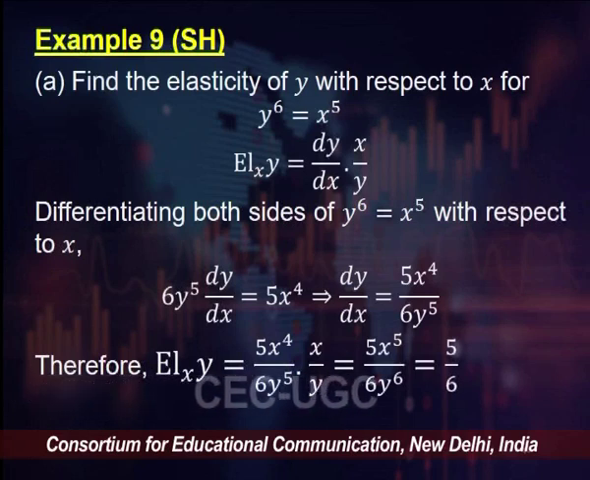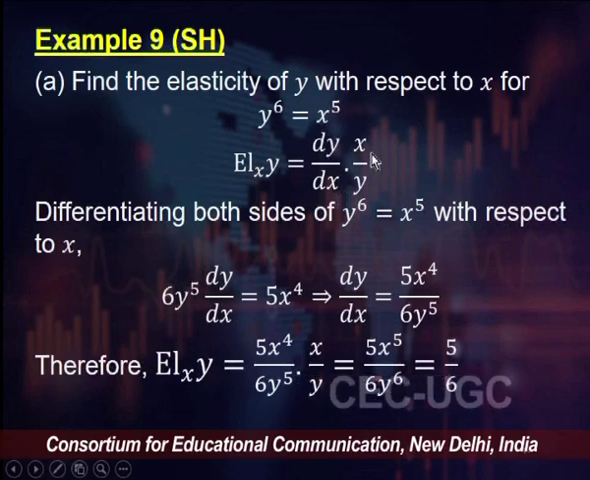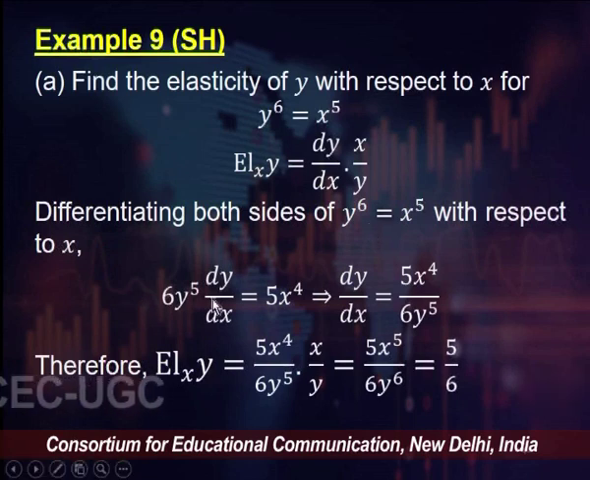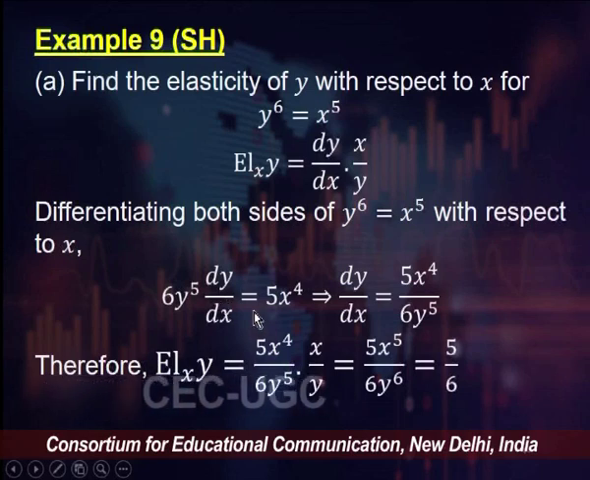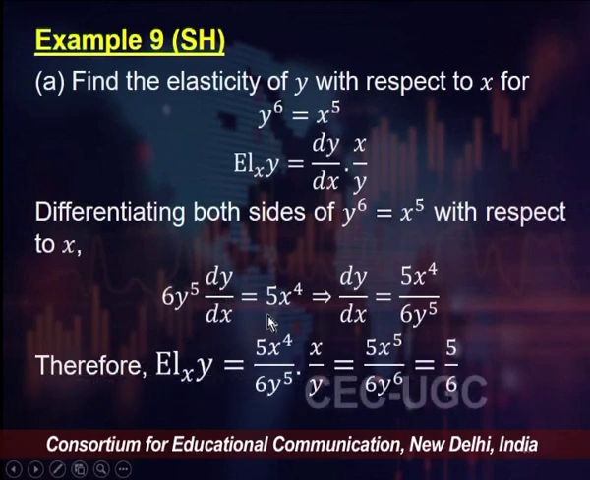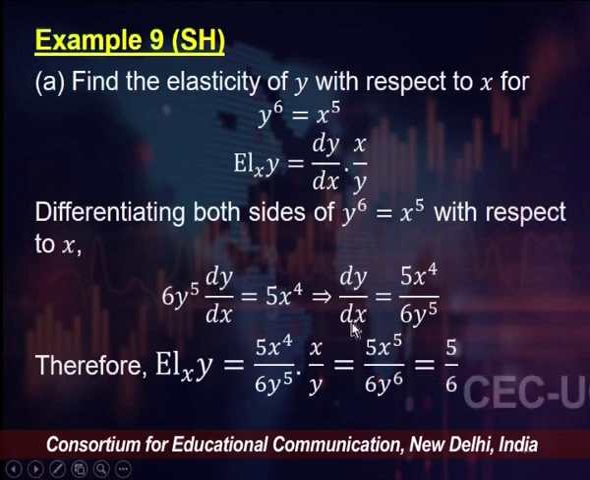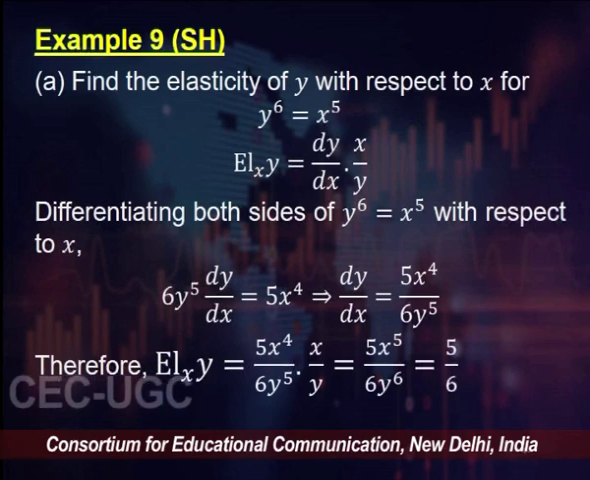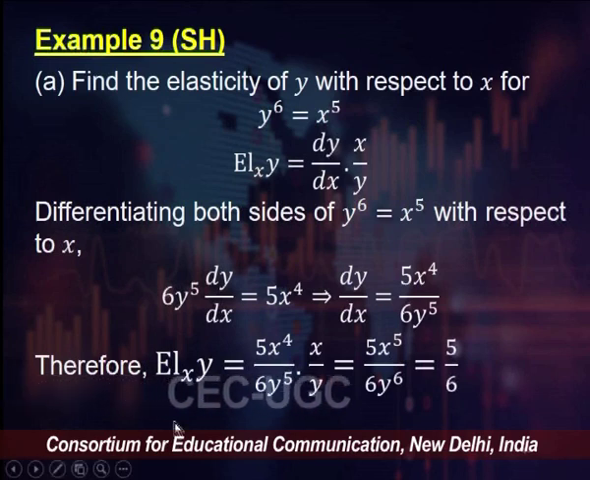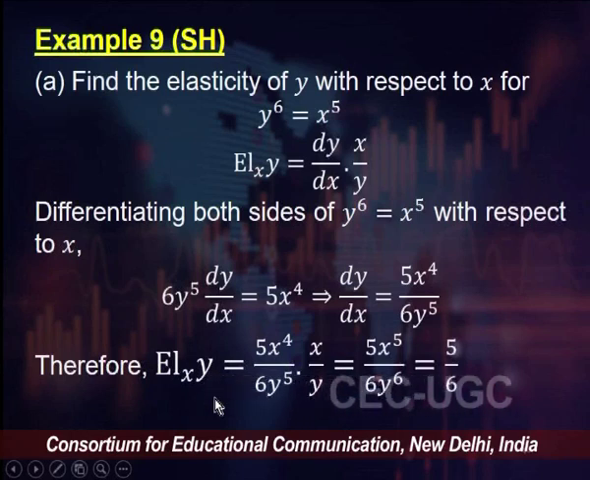Now elasticity of y with respect to x is dy by dx times x by y. So if I have to find dy by dx, I differentiate both sides of this equation to get 6y to the power 5 dy by dx is equal to 5x to the power 4. This then gives us dy by dx as 5x to the power 4 divided by 6 times y to the power 5, and then I have elasticity of y with respect to x as 5x to the power 4 divided